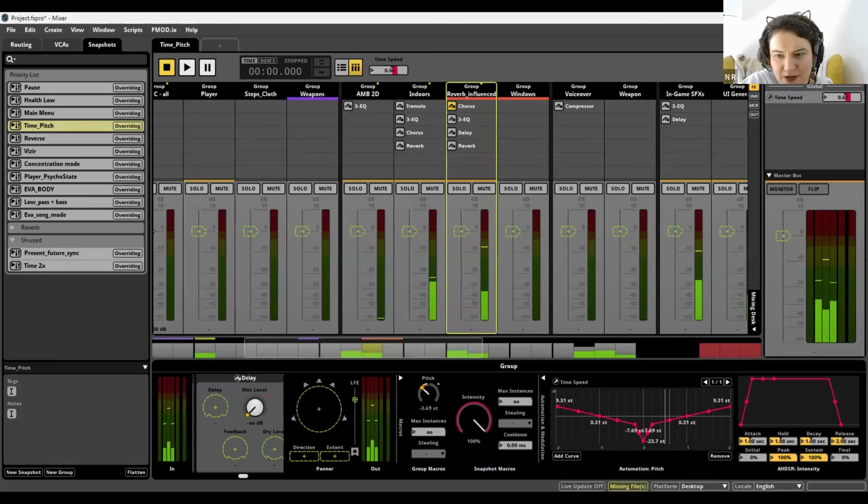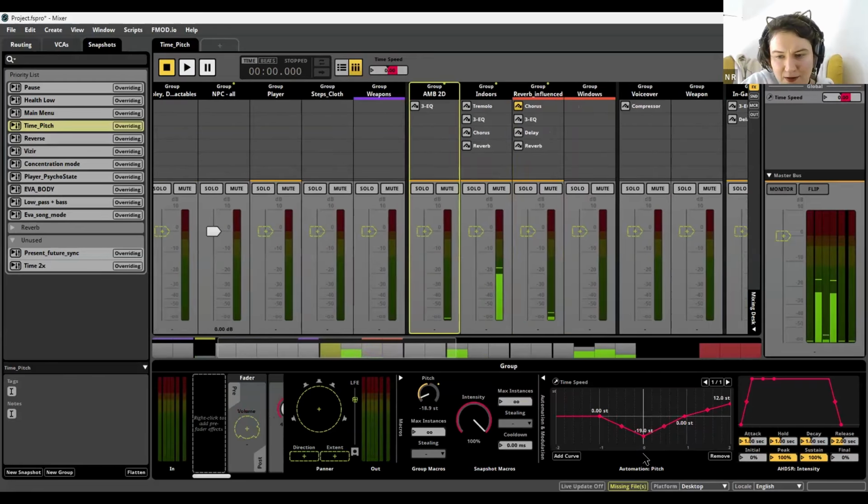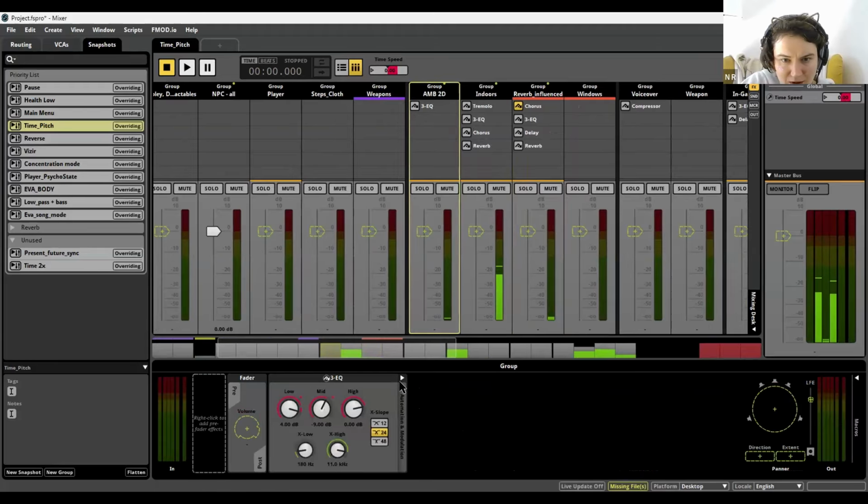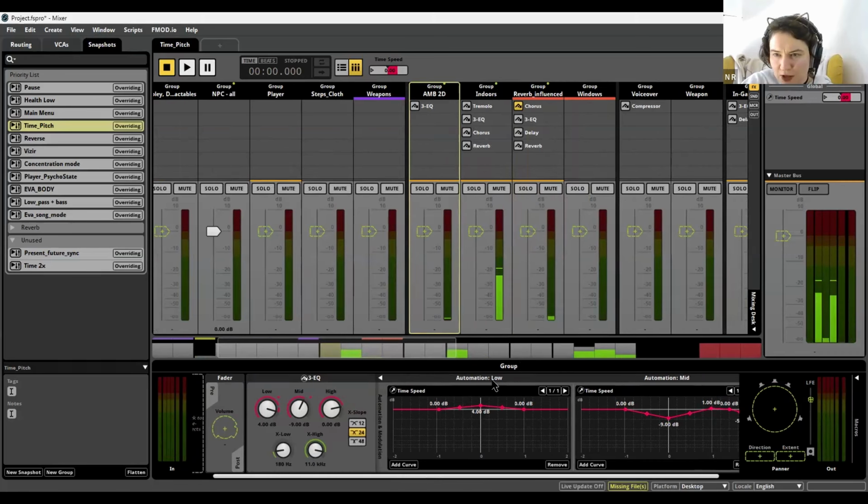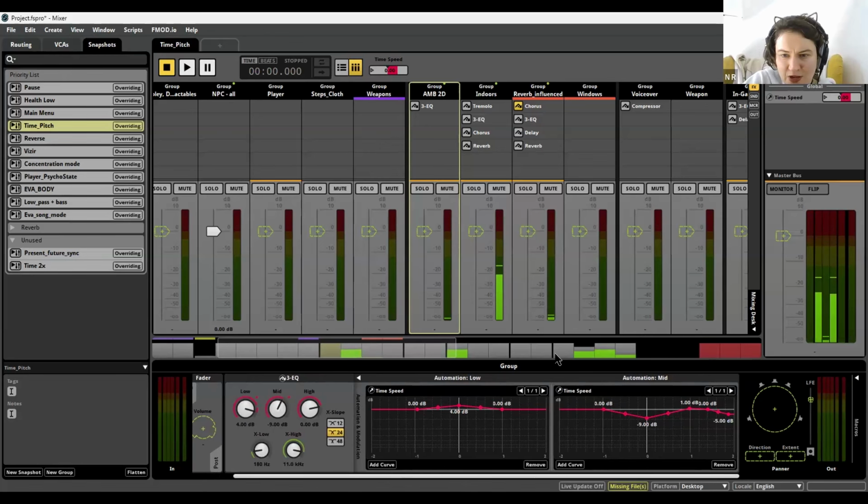So you can hear, when it's lower than 1, closer to 0, it goes so down that everything just stops. You cannot hear anything, and all the low frequencies here with the ambient group are very well, sorry, where are they? Here. Not too much, not just like a sub bass. They're not only low frequencies up, but also mid frequencies down. So that gives extra. You can hear it, right? And when we're going lower than 0, so basically reverse time,